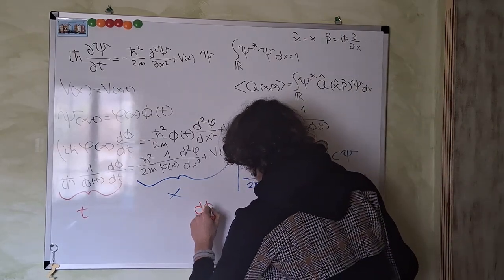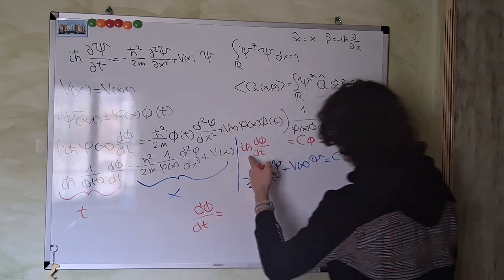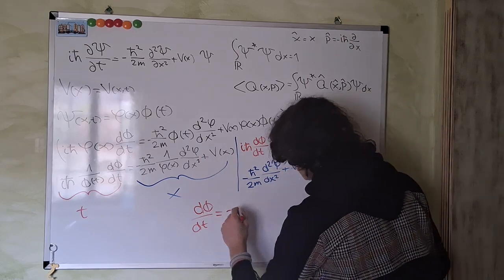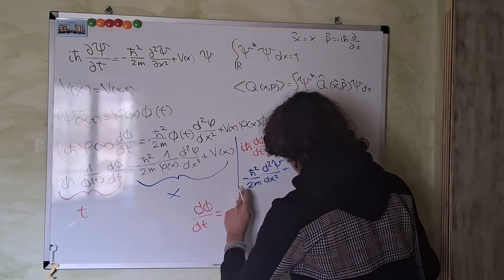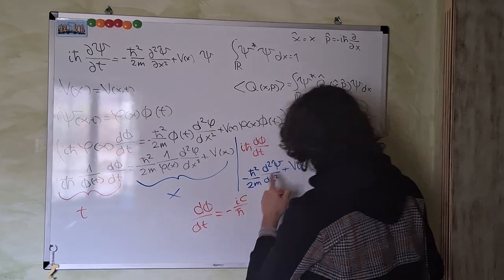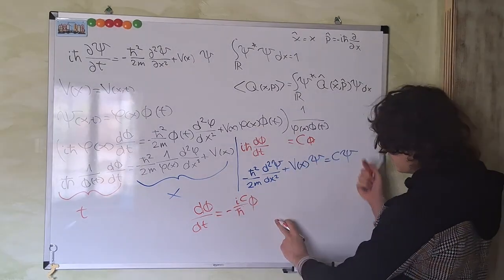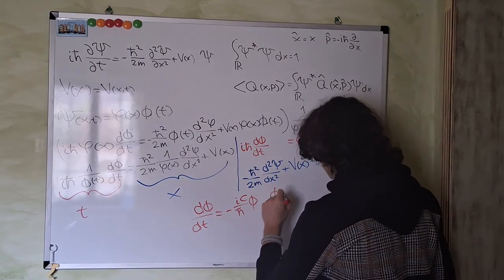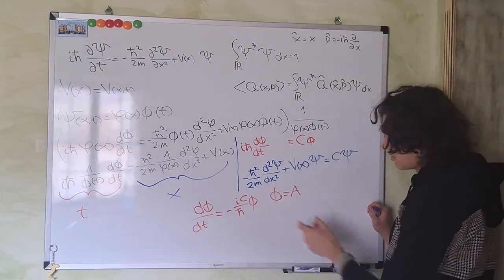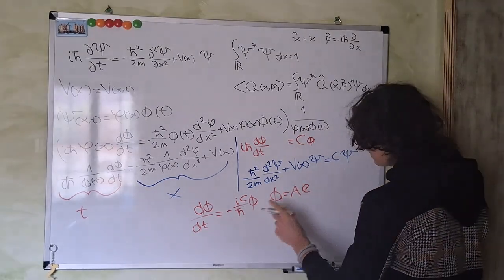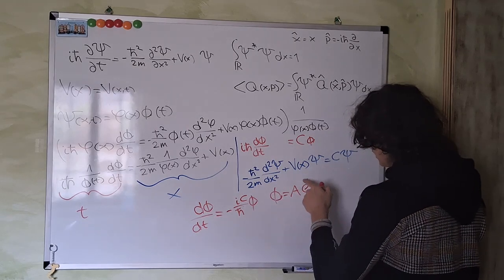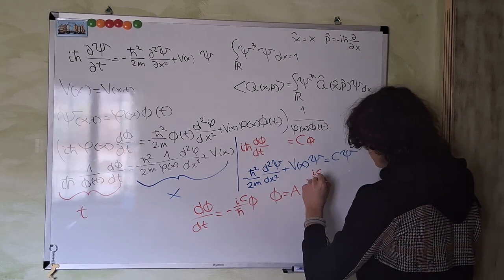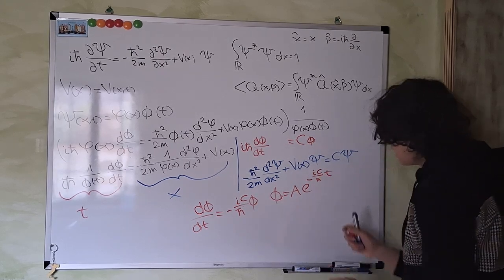I mean, we have d phi by dt equals to, let's bring this factor to the other side. Remember, dividing by i is the same as multiplying by minus i. So minus i c over h bar, and we have phi again. Now, we need to solve this differential equation. It's simple. The general solution to this is this one, where A is just some constant times e to the minus ic over h bar t, and this is our